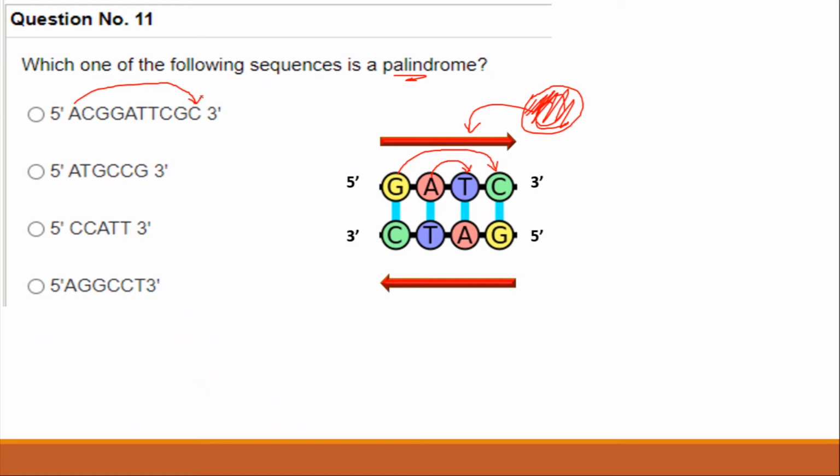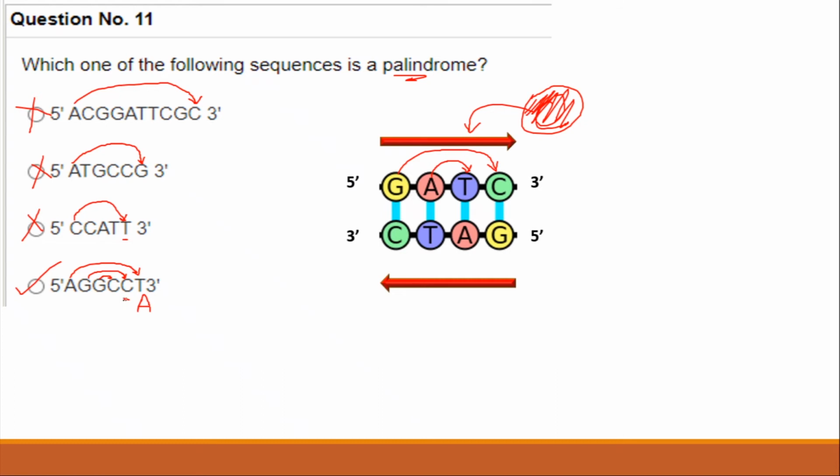then it is going to be your correct option. For example, if you see here, you have adenine over here and you expect a thymine, but you find a cytosine. So this cannot be a palindromic sequence. Over here again you have adenine paired with guanine, so again this cannot be a palindromic sequence. Cytosine along with thymine, we expect here a guanine, so again this is not a palindromic sequence. Well, if you see this one, we have adenine and then thymine, then guanine, then cytosine, and again guanine and cytosine. So this is definitely going to be a palindromic sequence.